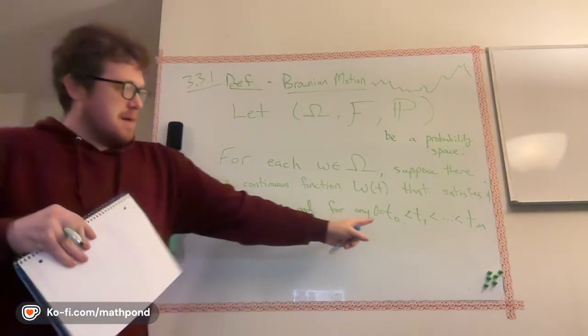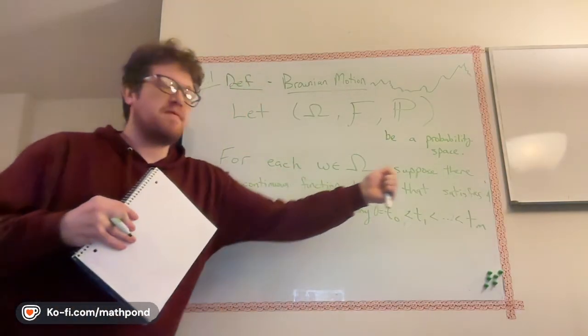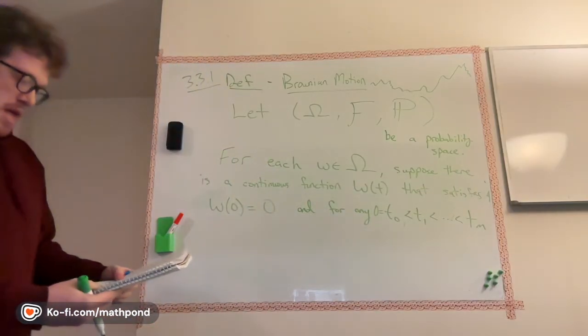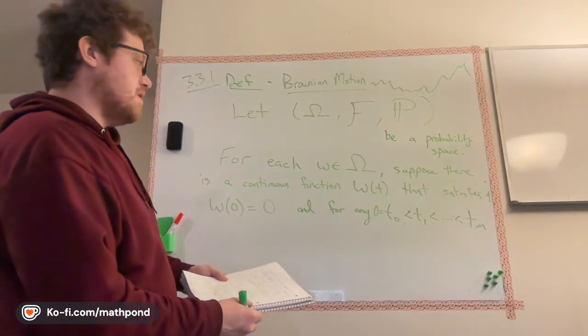So if I start at time 0 and I break my time increments into some, they don't have to be evenly spaced, just some time intervals here, then suppose there's a continuous function w of t that satisfies w